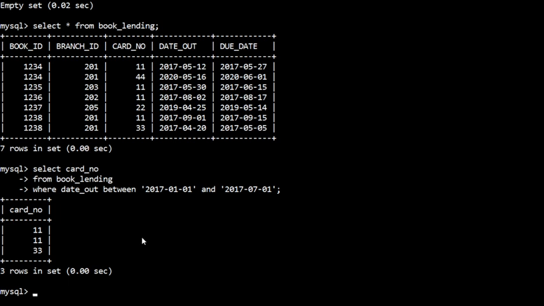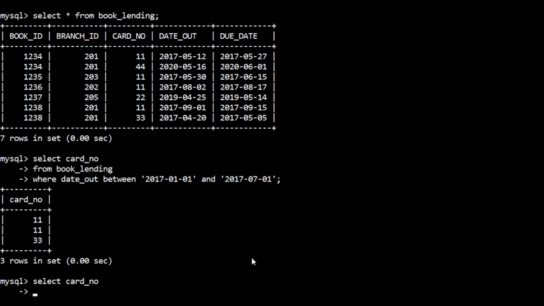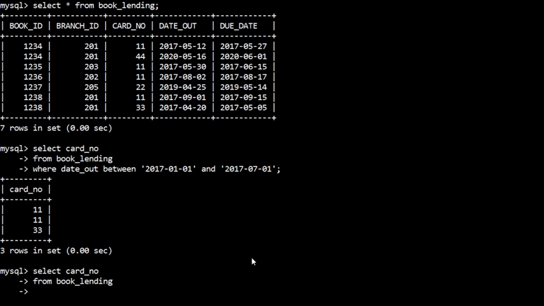Now, if I want to see whether my query is executing properly, whether I can get some tuple in this, I just change the condition of this. I'll just change the condition of this due date. Here instead of 7, I'll put 10, month as 10.